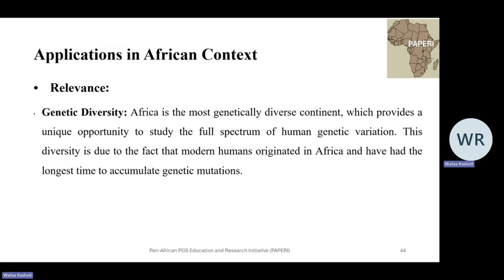What are the applications in African contexts? Genetic diversity. You know that Africa is the most genetically diverse continent, which provides a unique opportunity to study the full spectrum of human genetic variation. This diversity is due to the fact that modern humans originated in Africa and have had the longest time to